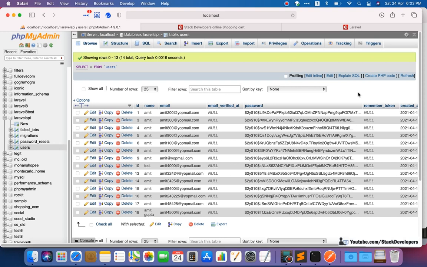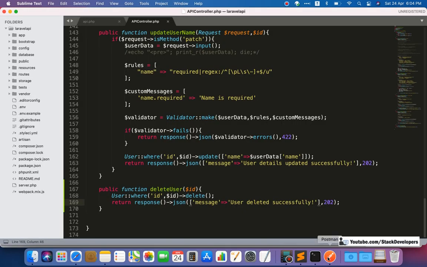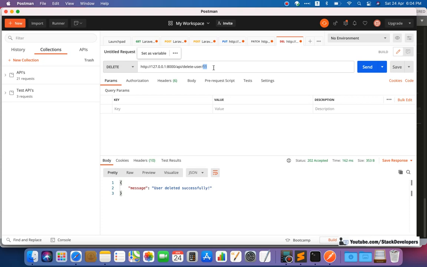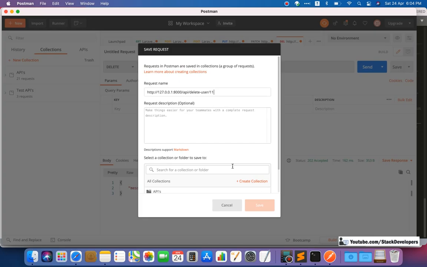Now we can also use the delete API for a single record with a JSON string. In JSON we will not pass it like this; we will pass it in the body. So I am going to make one more API. But first of all, always save such kinds of APIs that we are working on.